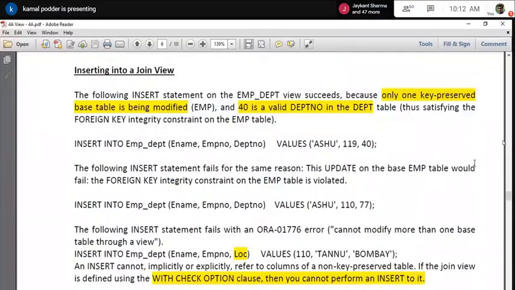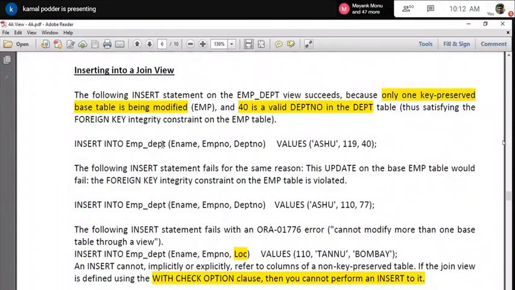Insert into a join view. Suppose how can I insert where there is a join view? Say, the insert statement on the department view succeeded because only one key preserved table is being modified. Here, if you see, I am using the same view, and employee department is my view name.